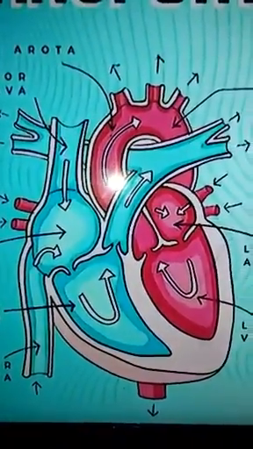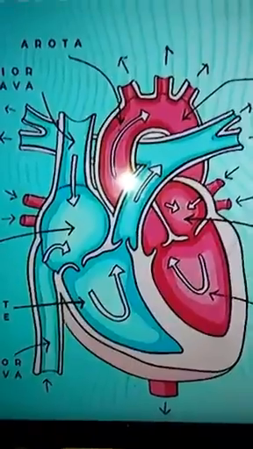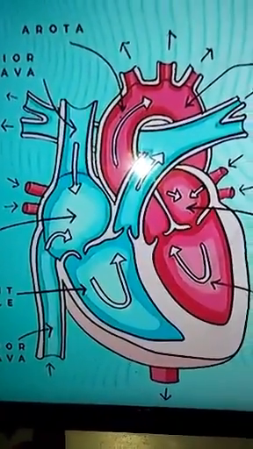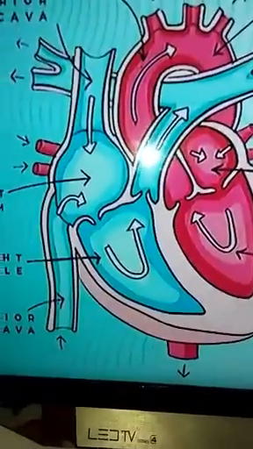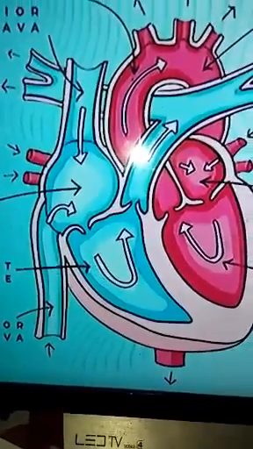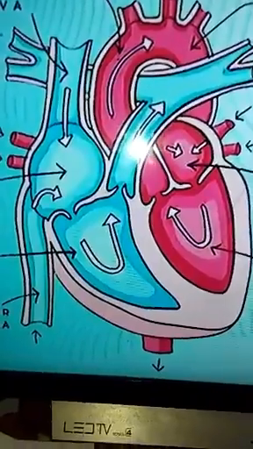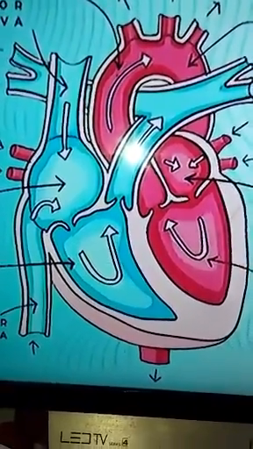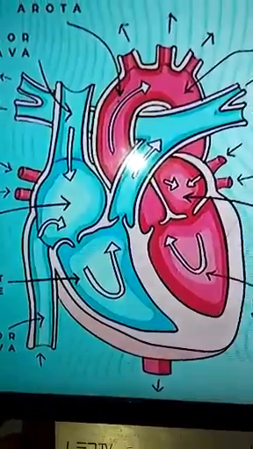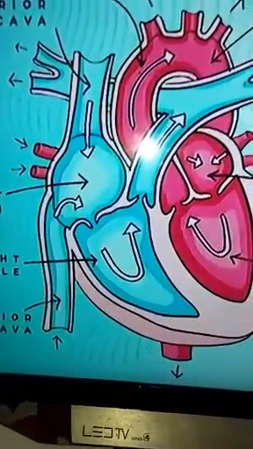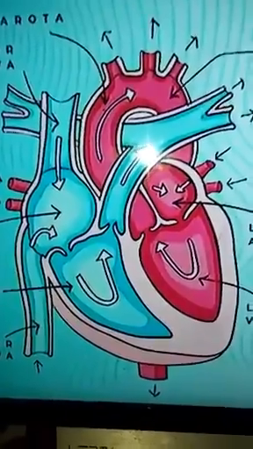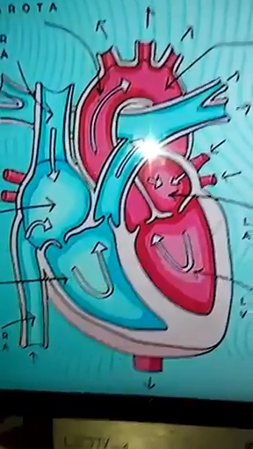Got it, children, everyone? So you have to show me when you are drawing the diagram. Here, the left side of the heart is different from the chambers on the right side of the heart. When you see the left side and the right side, here you can see a blue color and a red color. What is the significance of it? So you have to write all this. Got it? And please draw like this, color it and label it properly in the activity book.